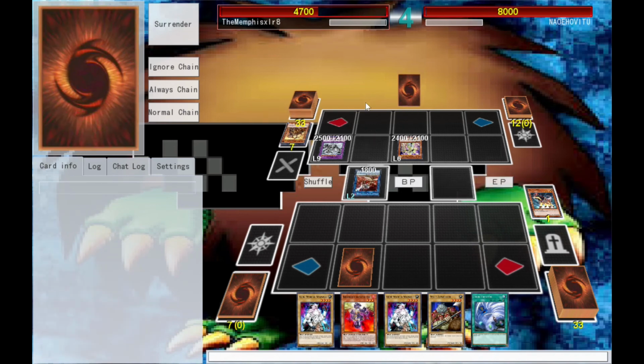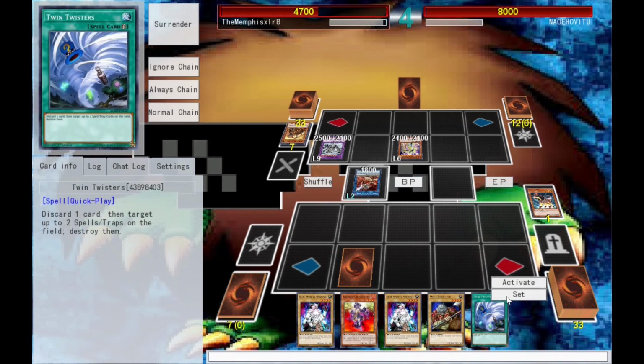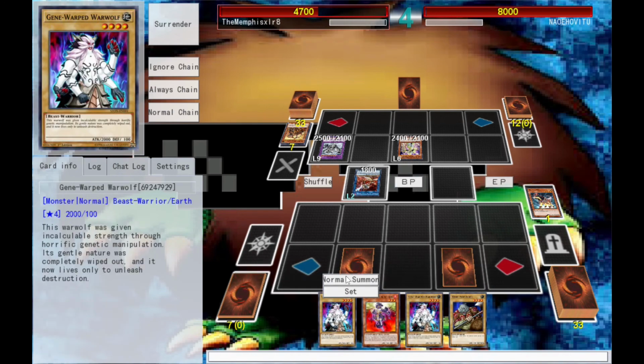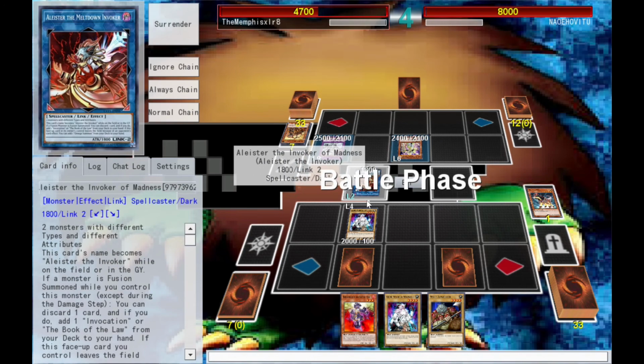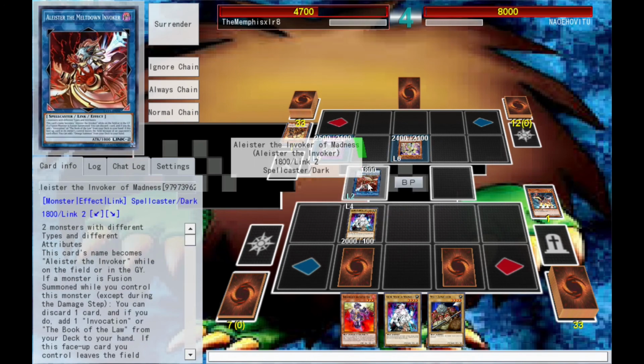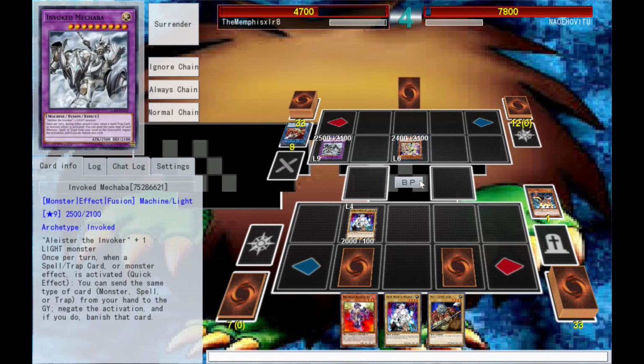Let's see. So that's an Elemental Lord. I know that much. This is a set card. This is a wolf. And then my wolf will wolf your wolves. Go away, wolf. I don't need none of your kind. Get out of here. You're not a light monster. Good. Good, good. Alright. Now it's our